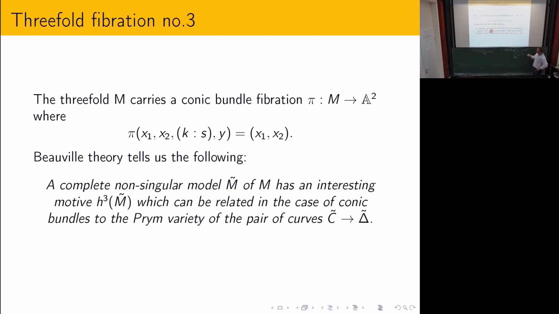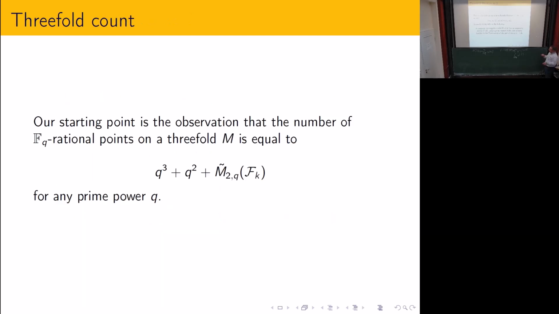And in this case, the magic that happens is that the third motive can be, in our case, related to the prime variety associated to the pair of curves. Okay, so I'm going to explain what this pair of curves is. But the punchline is that basically, since the model that we have,